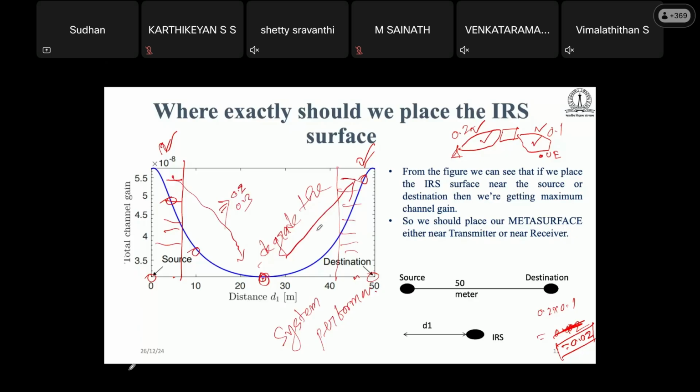This one also may give 0.4 and 0.1. But if we place your IRS element near, this is no longer weaker. So it will always be around 0.8 value we'll get, and from here also we'll get 0.8. Then the next path, I'm talking about if it is put here, so near, right? So it will be 0.8,